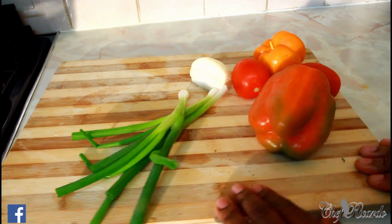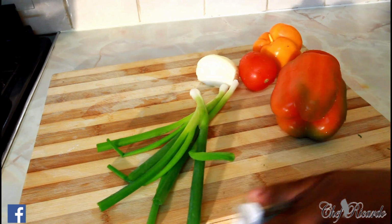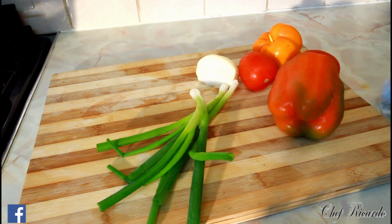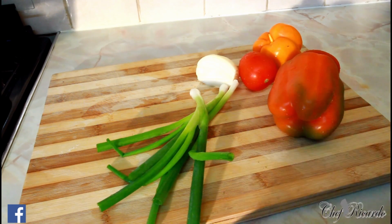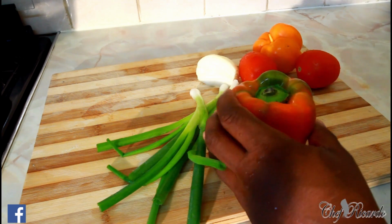Anyway, today we're gonna fry up some saltfish, and two things. I'm gonna show you how you can either serve it with rice, or you can also serve it with water crackers as an appetizer. Look at this, guys. First thing what you need to do,